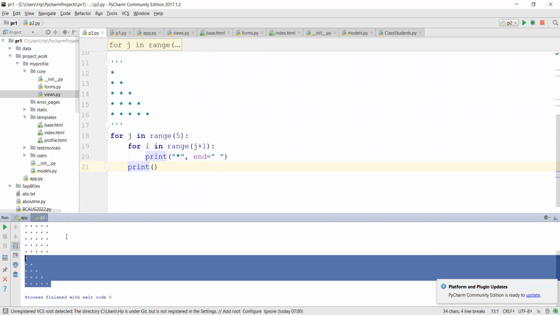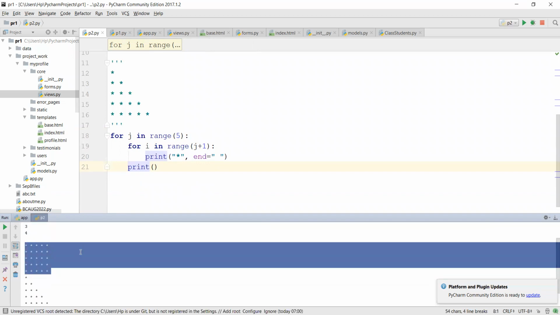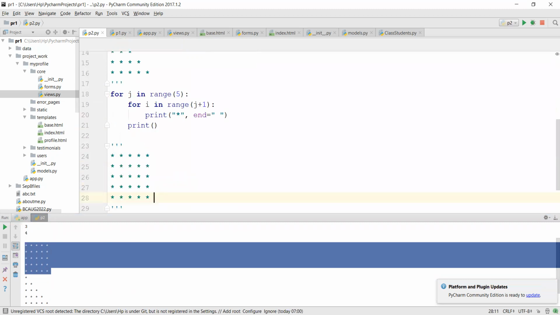Now let's say I want to print in a different pattern. I want it to be like 5, 4, 3, 2, 1. I want this pattern. Then how do I do it? So your rows are changing. So for I, it will become the same. For I in range, we took 5. And for J,